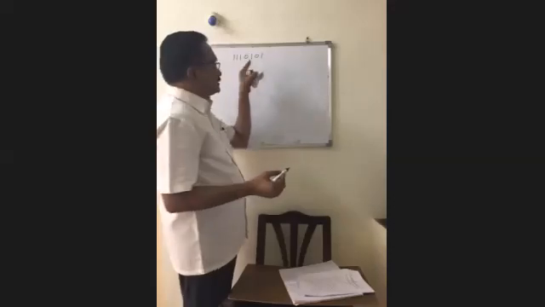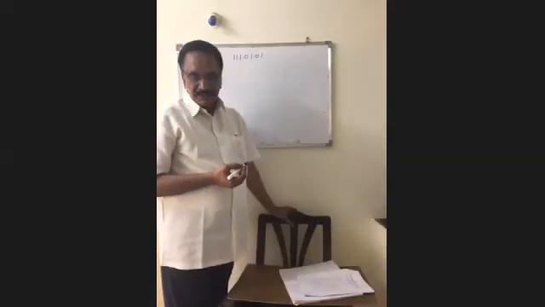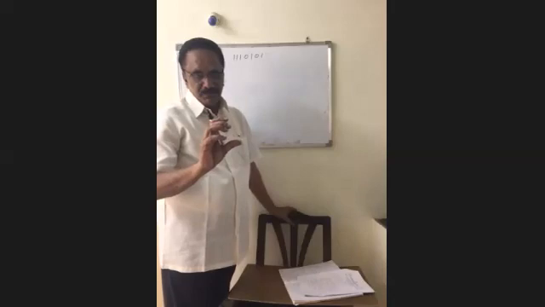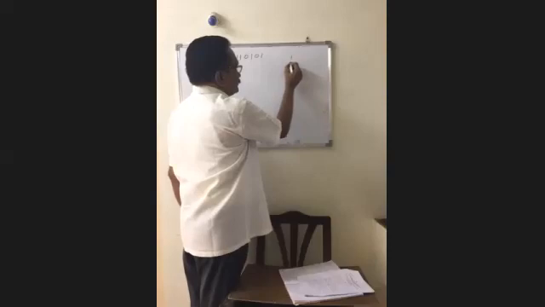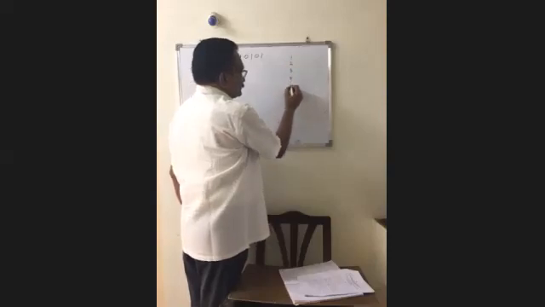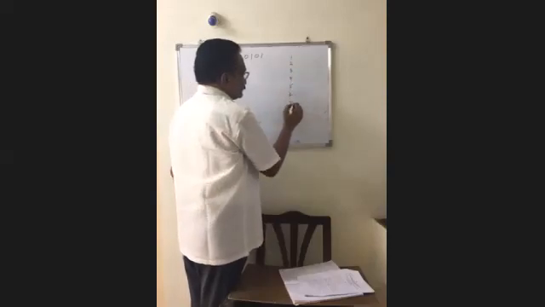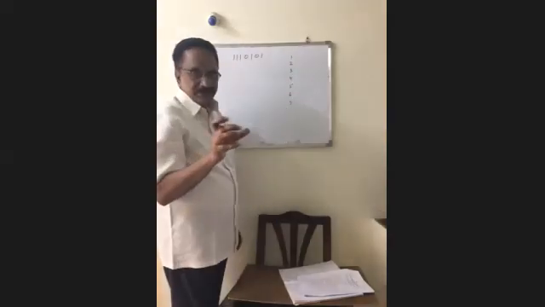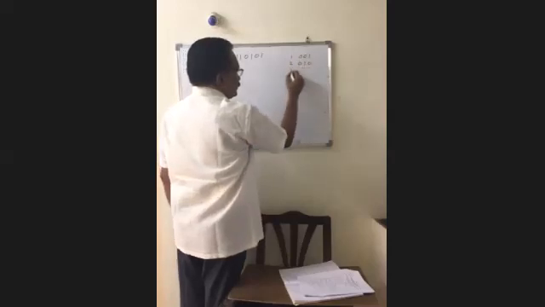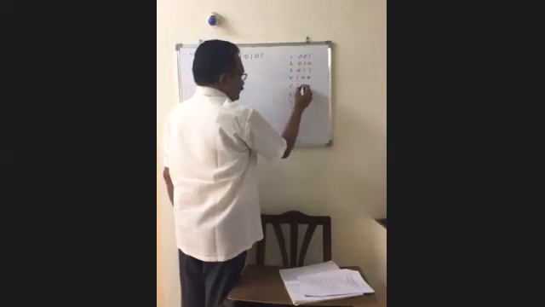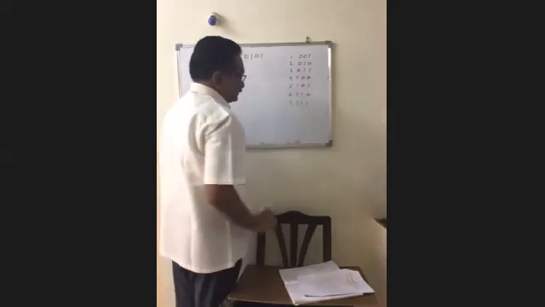How many bits are there in the received data? 7 bits in Hamming code. So for 7 bits, the decimal numbers 1 to 7, with their 3-bit binary equivalents. For 1, 0 0 1. For 2, 0 1 0. For 3, 0 1 1. For 4, 1 0 0. For 5, 1 0 1. For 6, 1 1 0. For 7, 1 1 1.